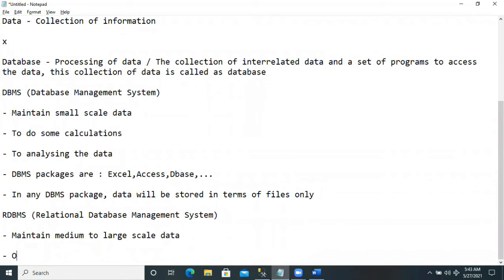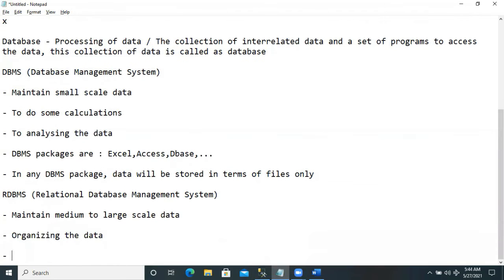We are organizing the data and it supports one-to-one relationship, one server, one client, one-to-many relationship, one server, many clients, many-to-many relationship, many servers, many clients.